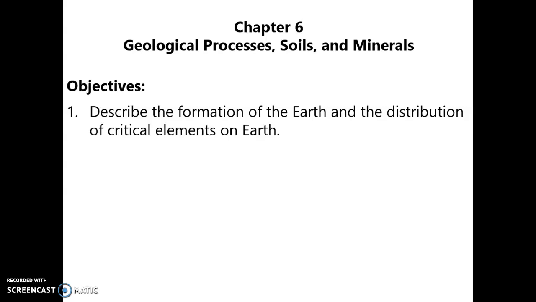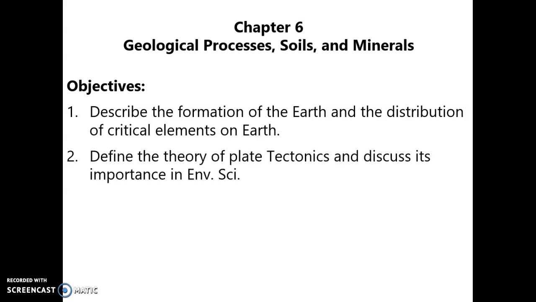So the first objective: describe the formation of the Earth and distribution of critical elements on Earth. In brief, the Earth was formed over 4.5 billion years ago from cosmic dust that consolidated into a sphere, and as it consolidated and cooled, critical elements on the Earth were distributed, some in layers and some unevenly distributed on the surface of the Earth. So we will look at that formation and the consequences for human health, for the environment, for political and economic